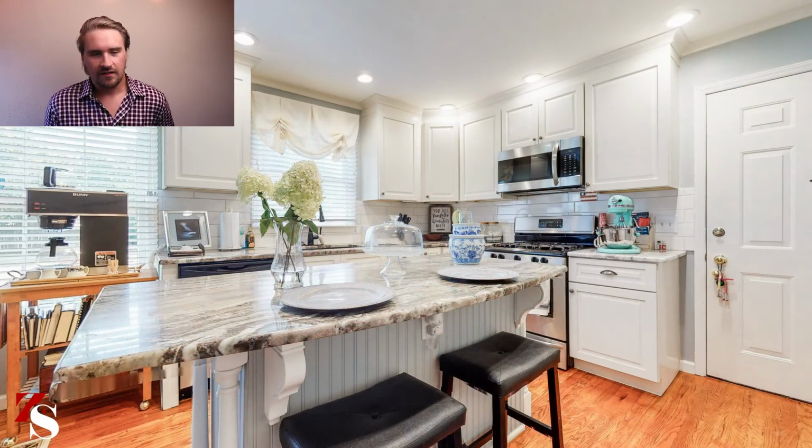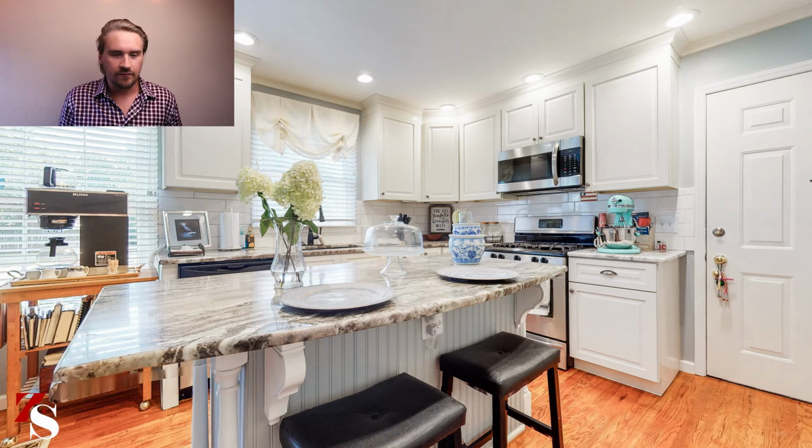Looking at the kitchen on the well-presented but not staged home, you can see all of the things that this person uses every day are out on the counter. There's this old coffee pot on the left, there's a mixer over on the right, there's plateware, there's dishware, there's utensils, paper towels, everything's still on the counter. However, everything's clean, everything's tidy,